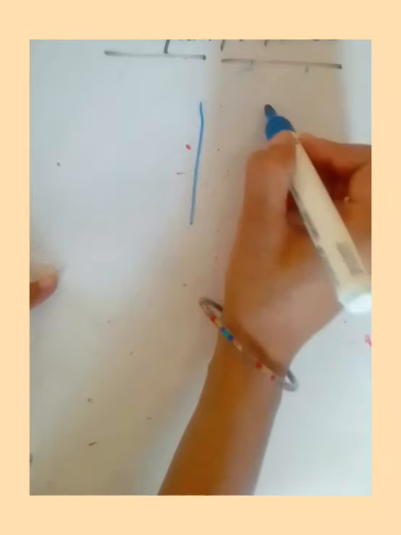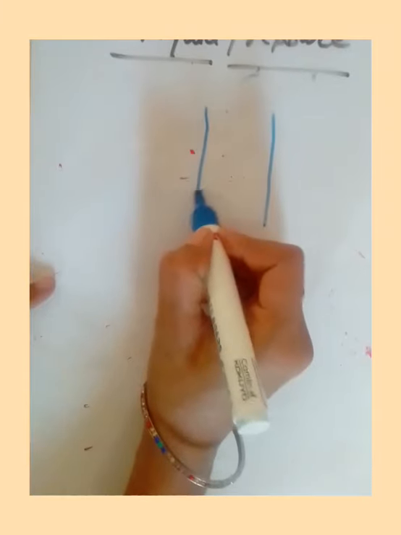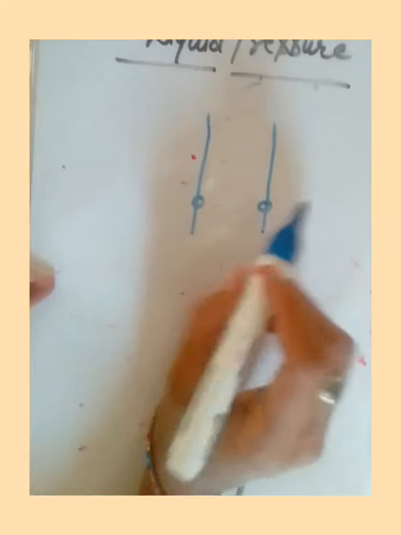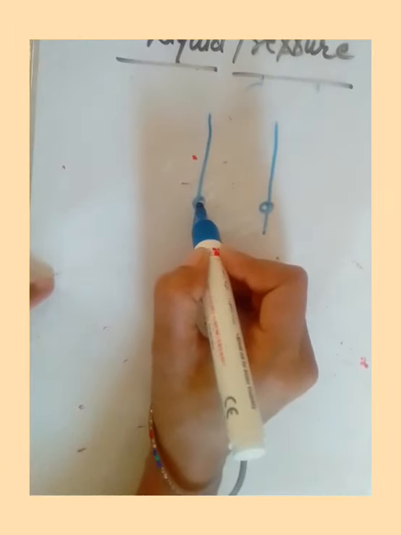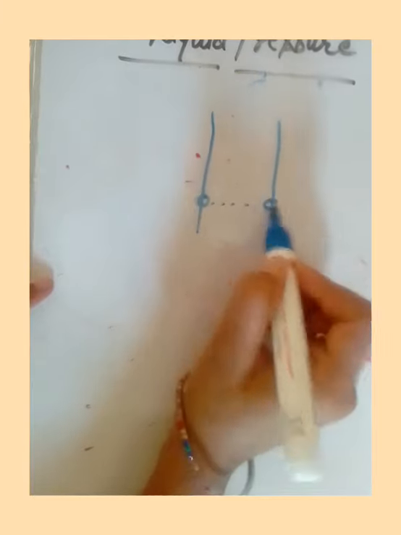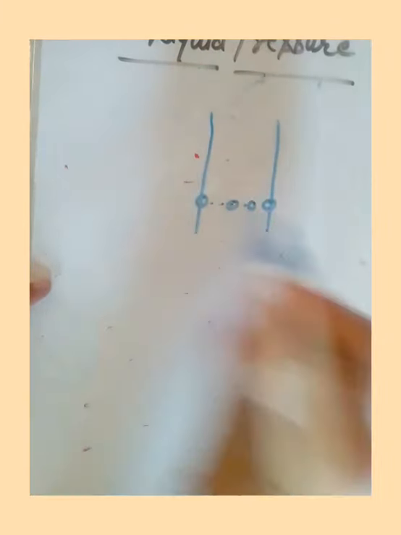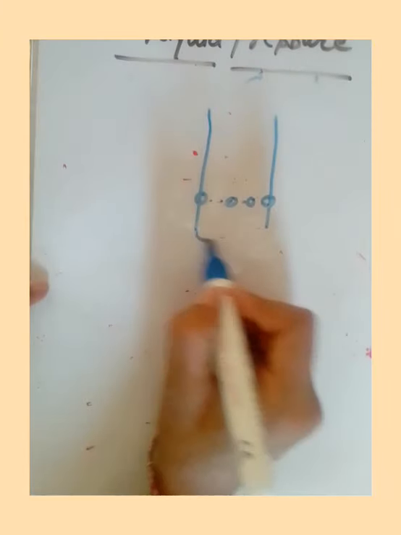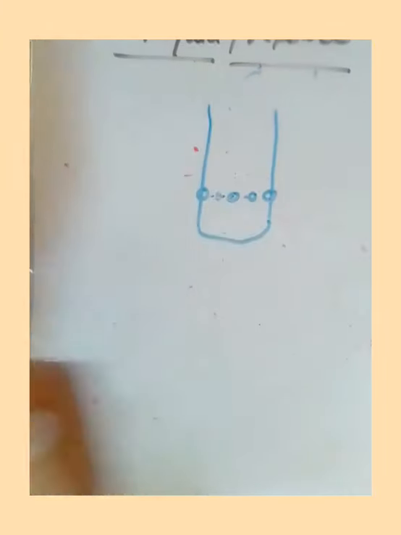Then I told you one property, that liquid pressure is equal in all directions on the walls of the container, the same pressure. For example, take a bottle similarly and mark five or six holes at the same level, surrounding the bottle. Okay, surrounding that bottle you can make the holes.